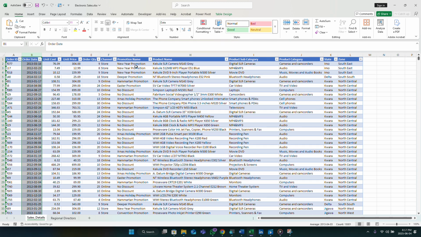Is there anyone that doesn't understand the explanation of the columns? Kindly unmute and I'll explain again. The columns according to the headers. Okay, you want me to go over it again. Okay, I said whenever